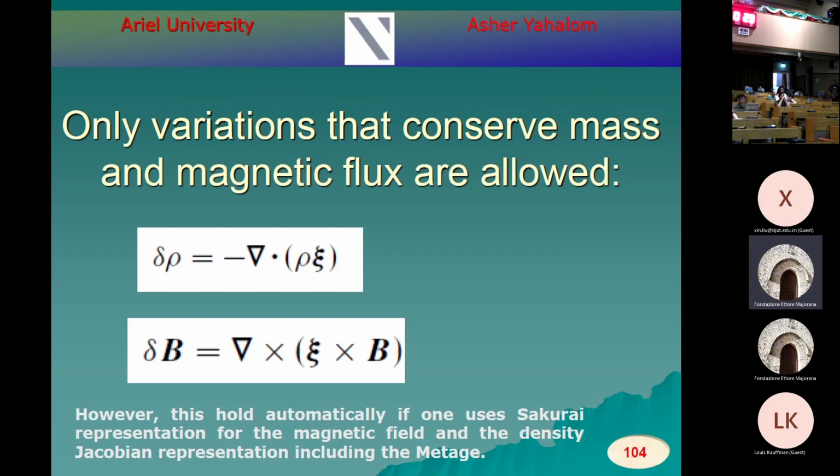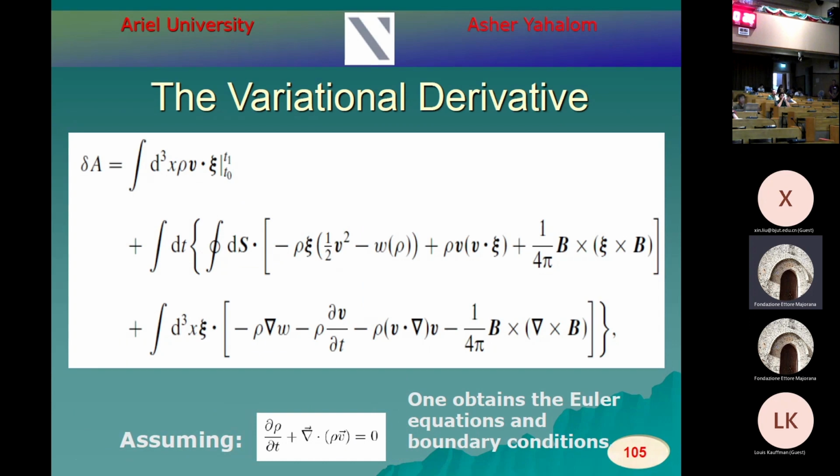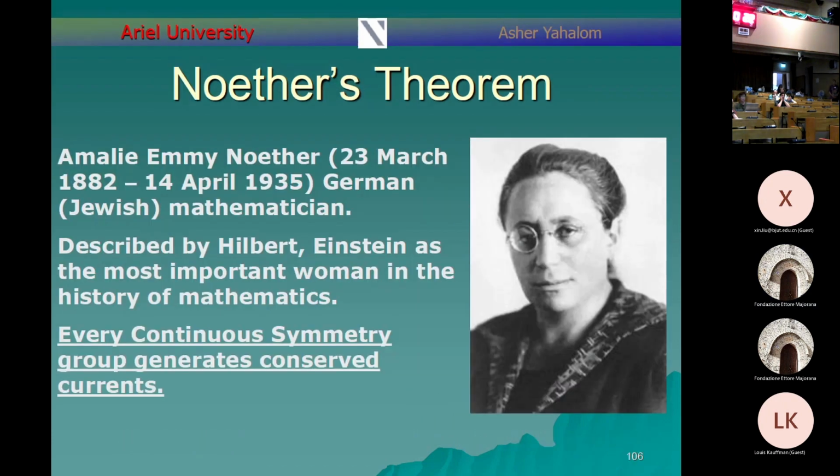But notice that this is automatic if one uses the Sakurai representation for the magnetic field line and the density Jacobian representation, including the metage. So this is the variation, and you get something like this. You have to assume in this approach, you have to assume things. It doesn't come out of the equations automatically. Okay. Now,